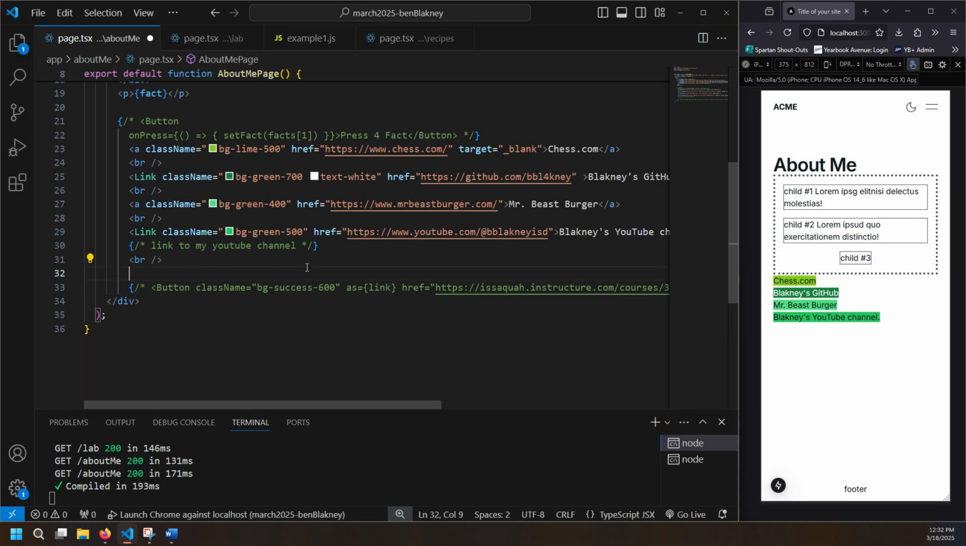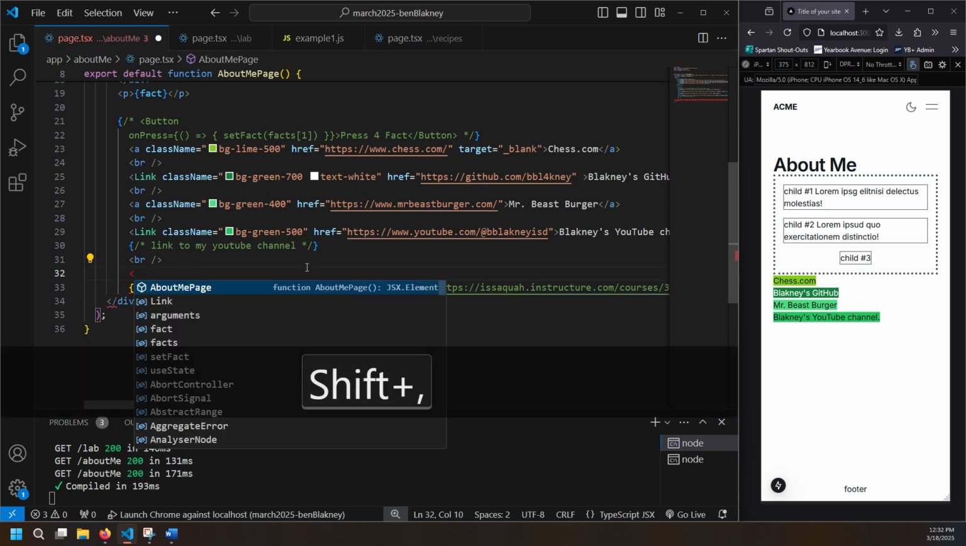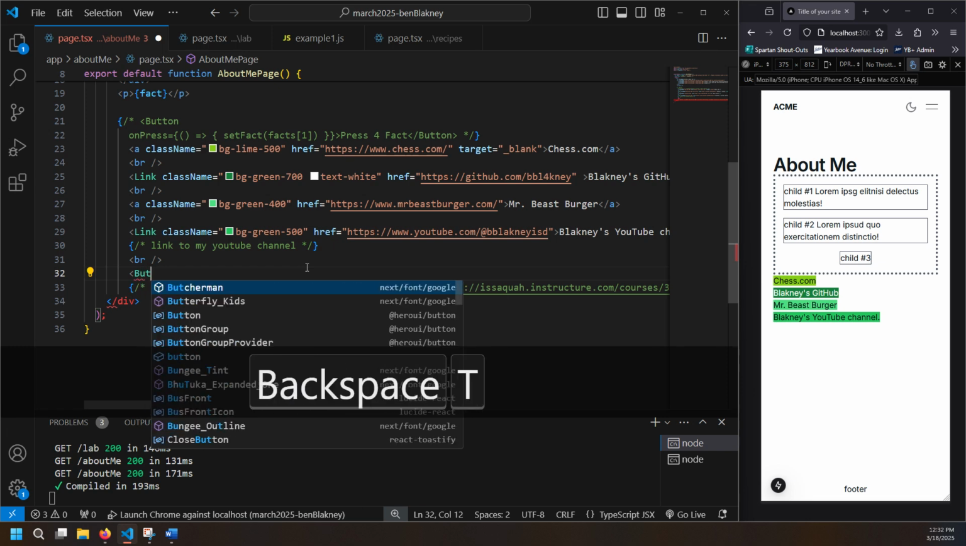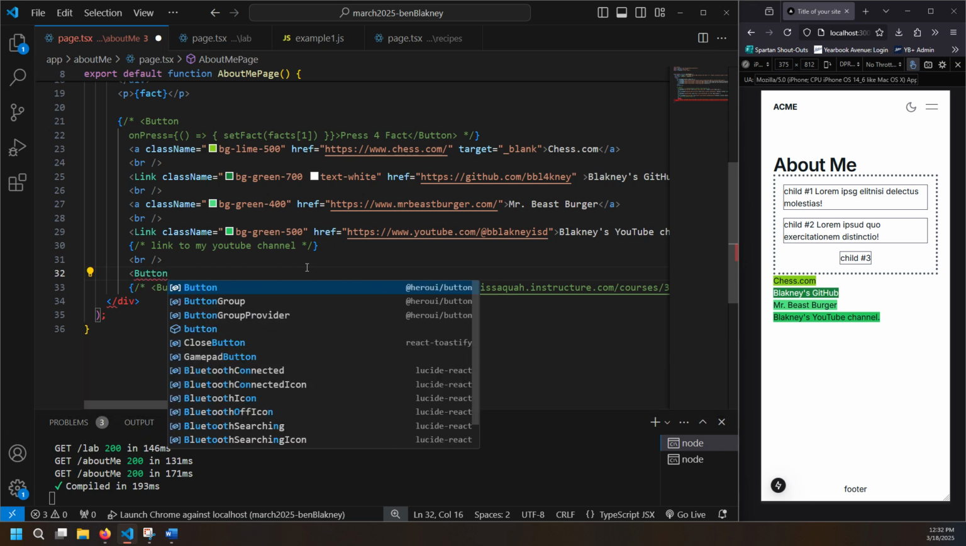All right, so on a new line, I'm going to go shift comma and then write out the capital B button. And since I wrote a capital,